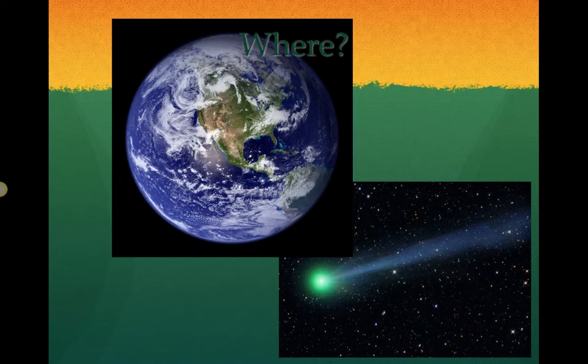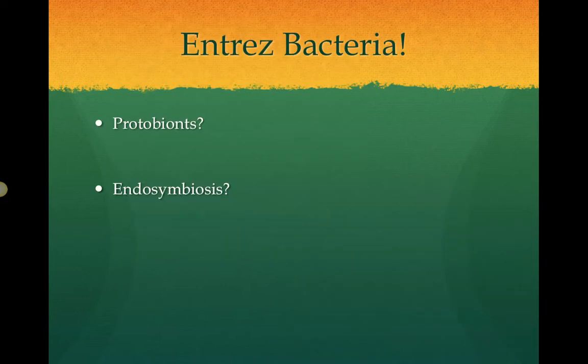Now that we have a rough idea of how we got here, the need for oxygen, and the importance of RNA, let's talk about how we can stabilize the reactions and make them more long standing and more lasting. These bacteria could have either come up through the protobionts or the endosymbiosis theories. Protobionts basically state that